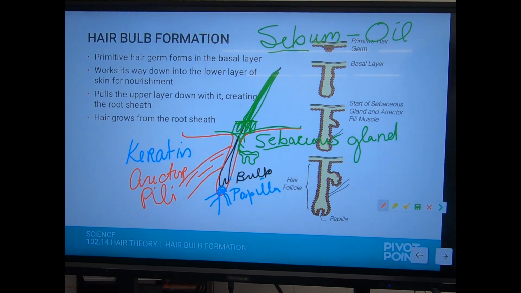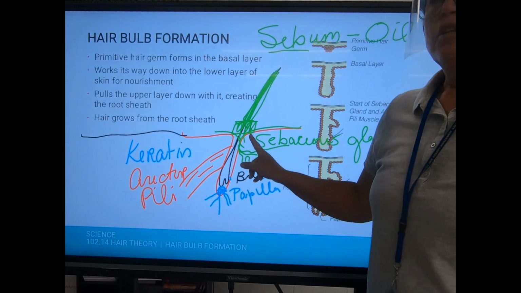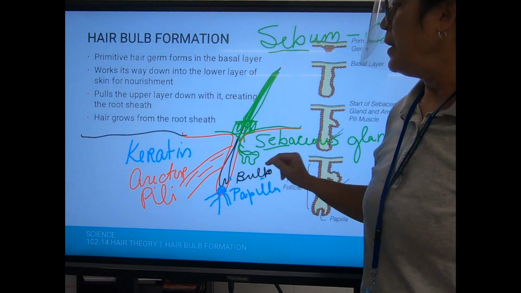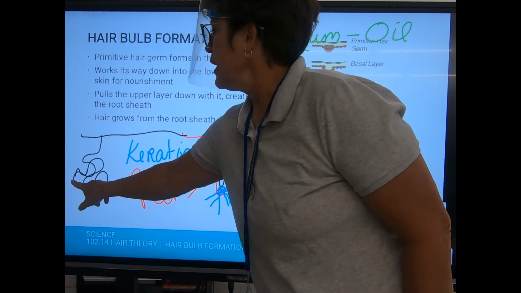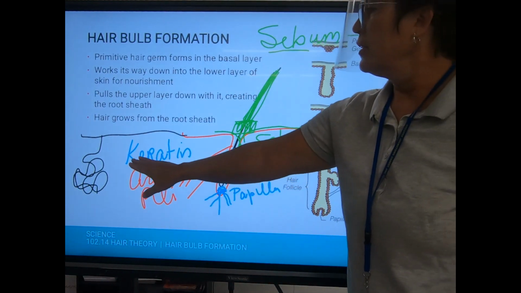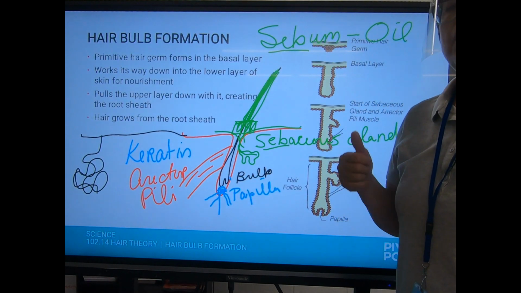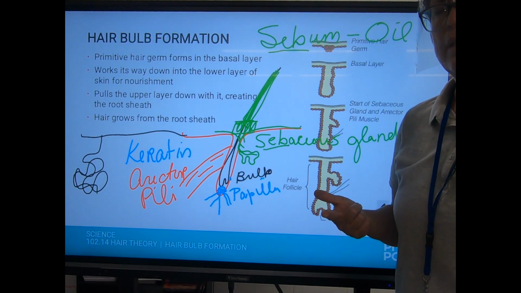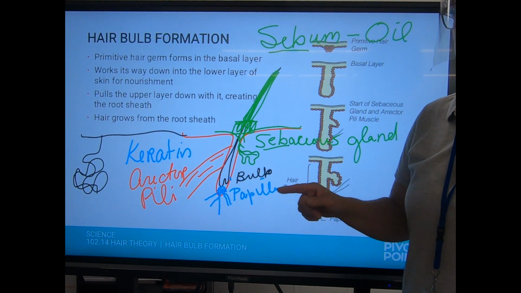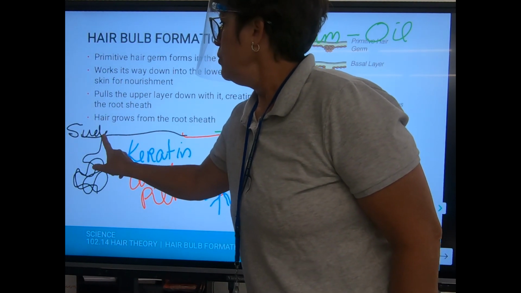Let's see over here. Let's extend this out a little bit further, okay? If you remember, I talked about this in an earlier lesson. We have sebaceous gland, and over here we have the sudoriferous gland. Okay, take a good look at this. This does not look anything like this. And if you think about it, oil and sweat are two completely different things. What goofs people up though is this also starts with an S. Sudoriferous.